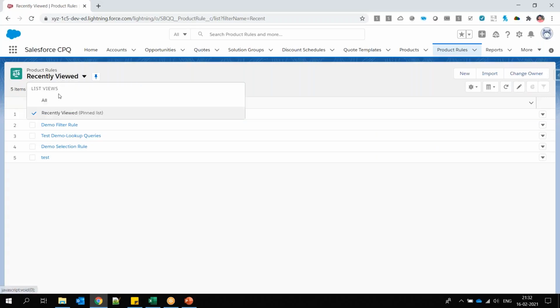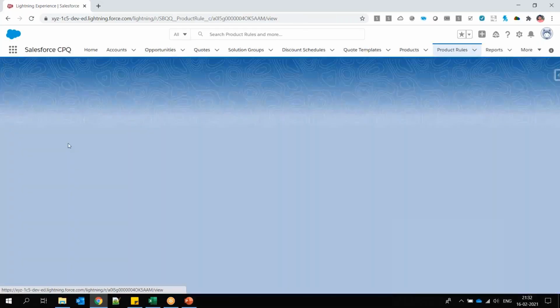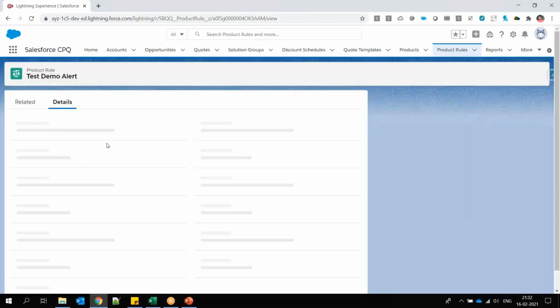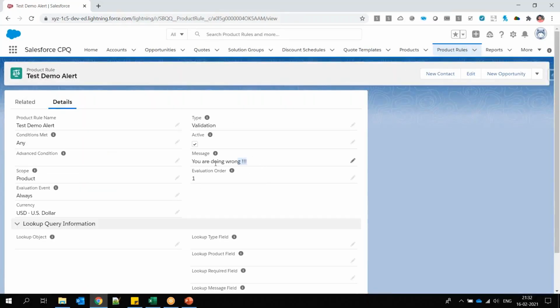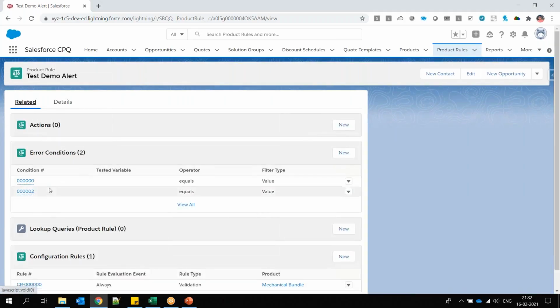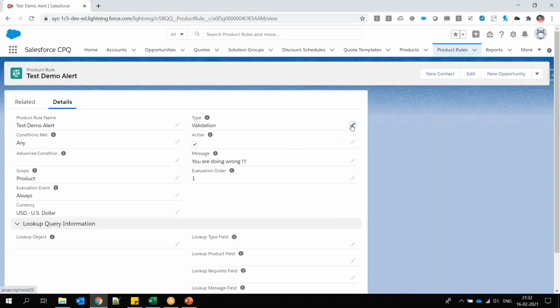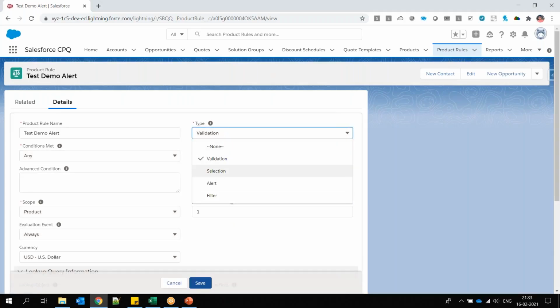Sorry, let me open all. So this is the demo alert product rule, which will be created with the error message, right? And we created this with the scope product and evaluation event as always. So there were 3-4 days gap. I remember this is what we completed: error conditions, configuration rules, and everything for this particular rule. And we tested this for alert as well as